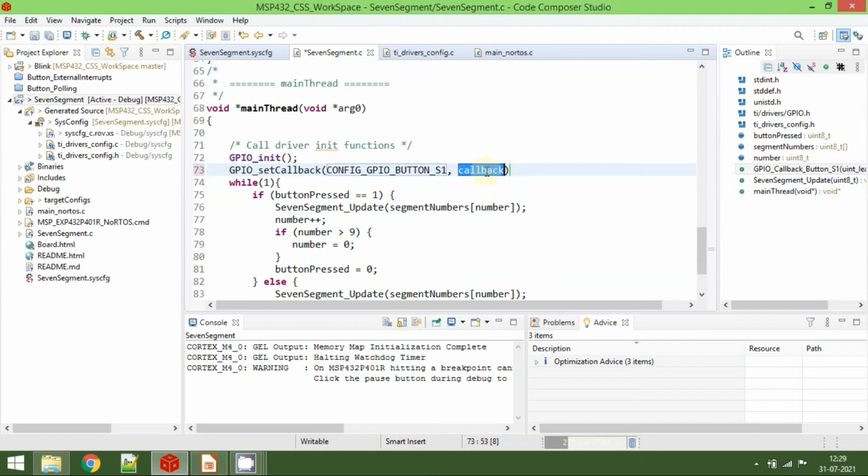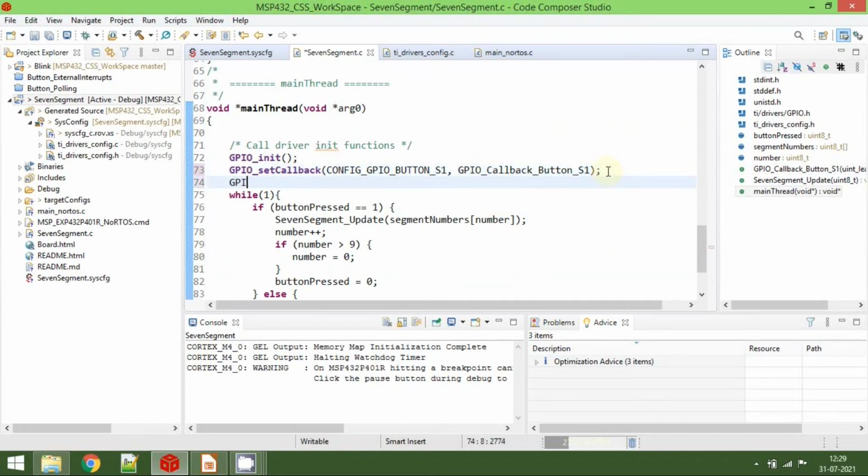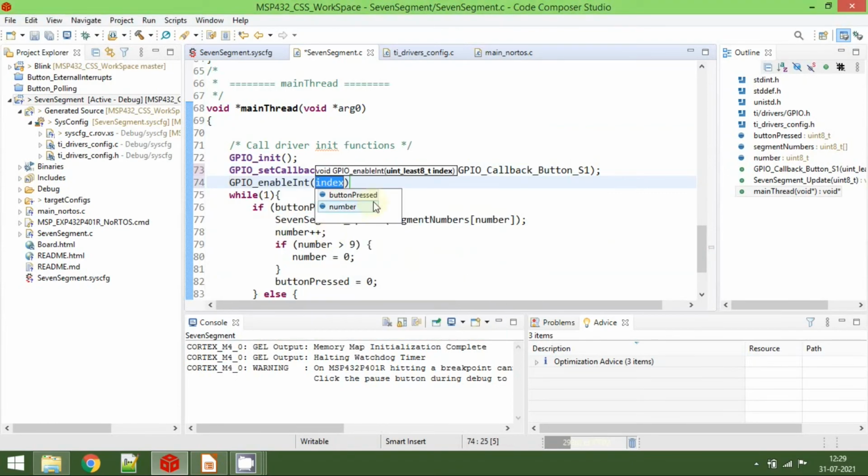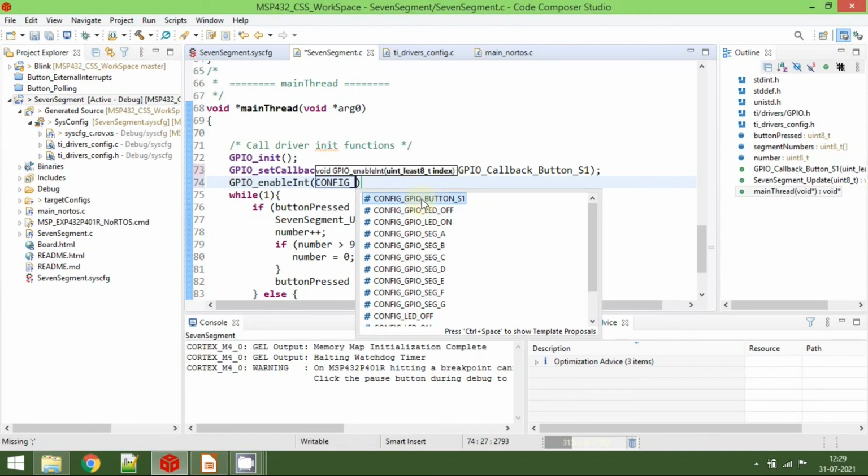So paste here, and then we need to enable the global interrupts. To enable the interrupts, there is a function called GPIO_enableInt, and here also we need to pass the index as the pin number, that is CONFIG_GPIO_BUTTON_S1.